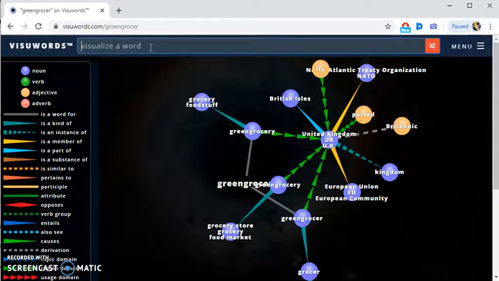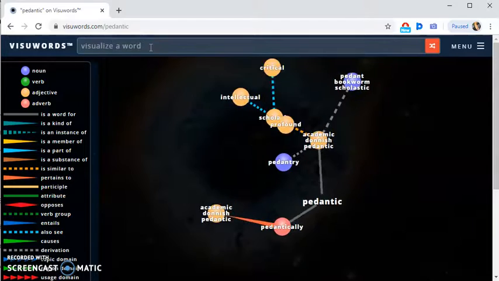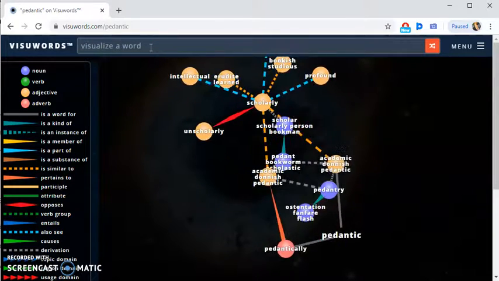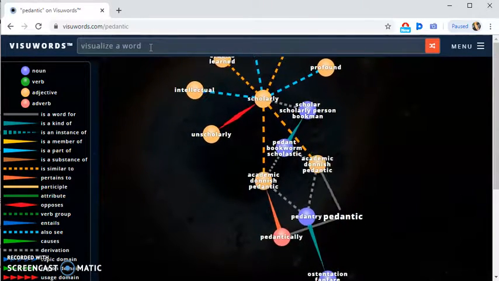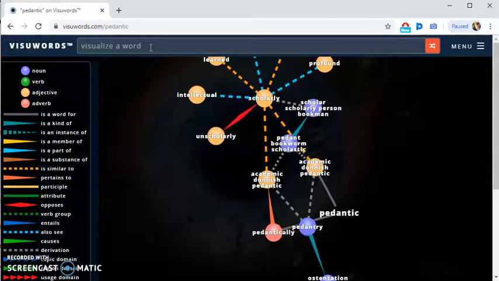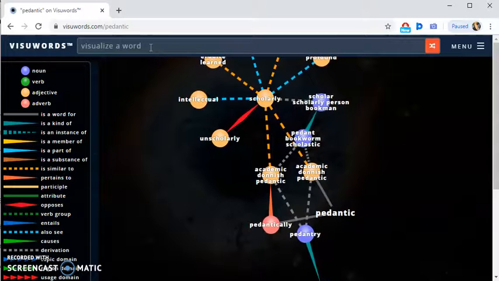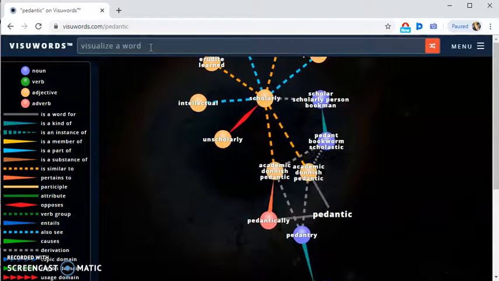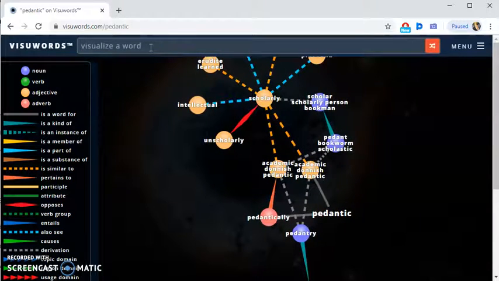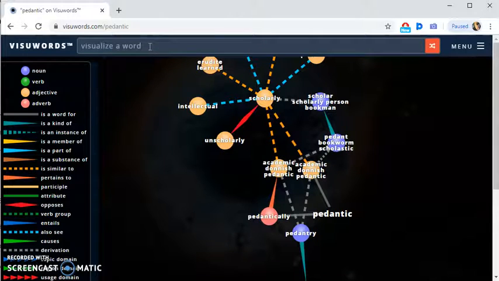Basically what you do is type in a word, say let's use the word pedantic as an example, an adjective that's used in ELA classes that's a little obscure, perhaps a tier 3 specific ELA word, given that it's a relatively infrequently used vocabulary word. And so you type in the word and you're given a visual description of the word